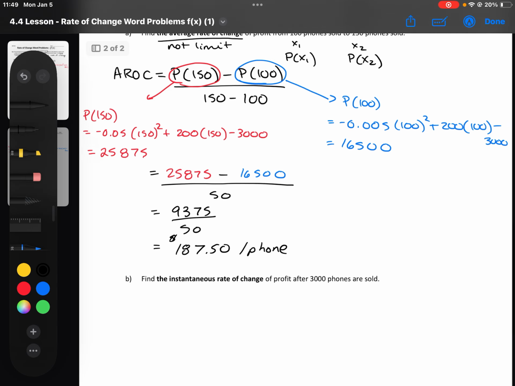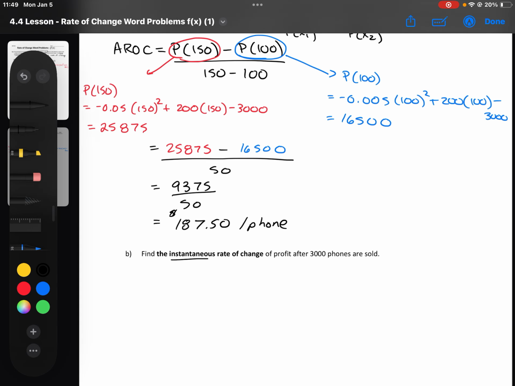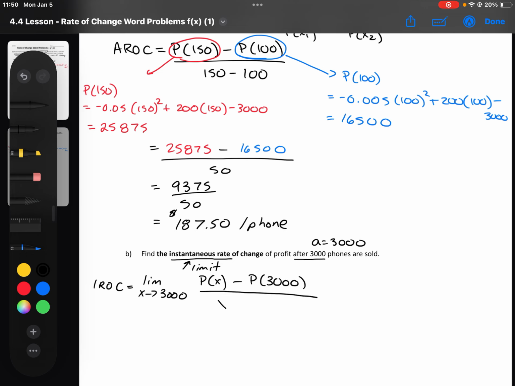The second part of the question is the same function, but now we're looking for the instantaneous rate of change after 3,000 phones are sold. So this is going to tell me my a value, 3,000. Instantaneous rate of change should make you think of the limit. So when we're doing our instantaneous rate of change, we are finding the limit as x goes to 3,000, and I'm using the y value at x, take away the y value at a, all over x minus a,